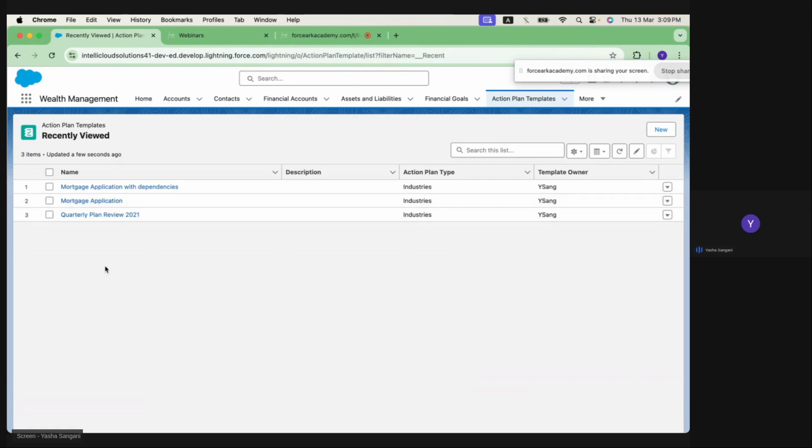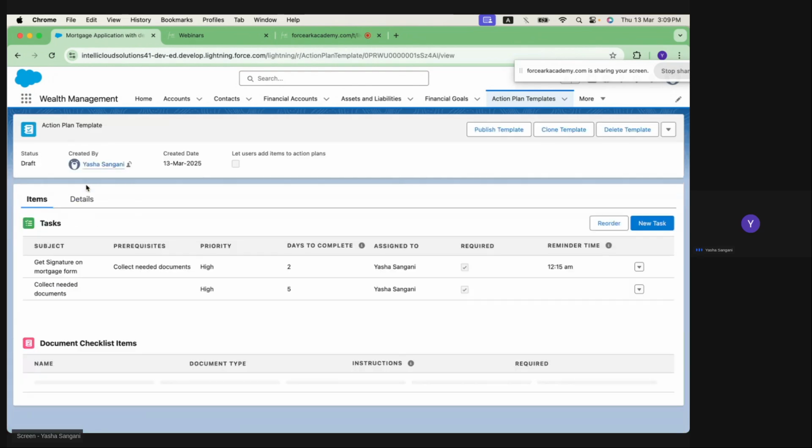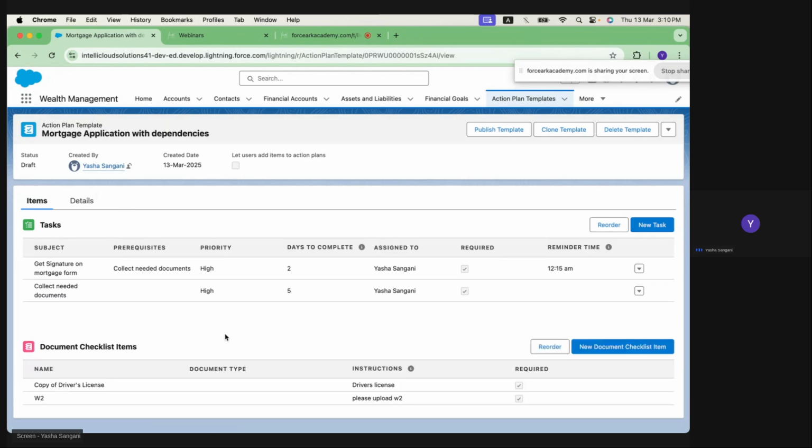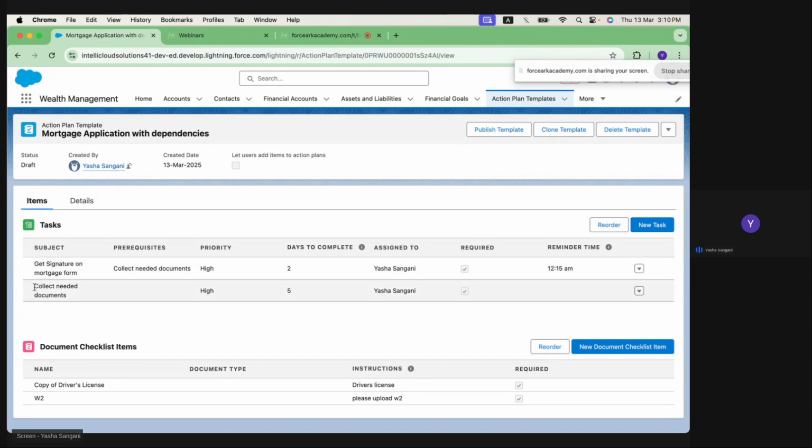Here I have already created one action plan template for the mortgage application, and you can see on the screen I've tried to make it a little simplified by including only two steps. The first step, whenever you start with any mortgage application or any loan application, is collecting the needed documents, right? So this task I have assigned,